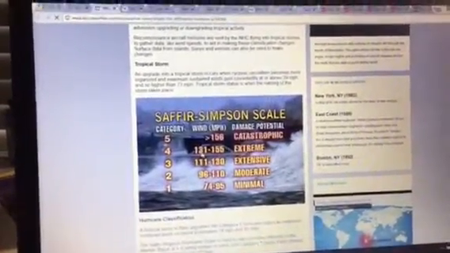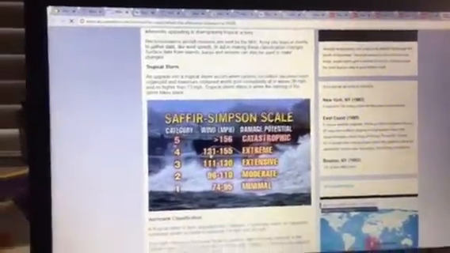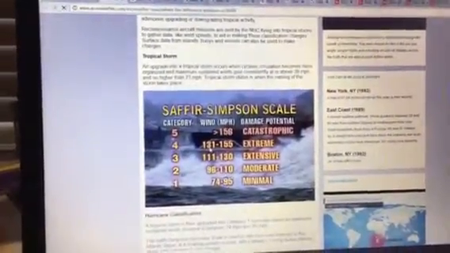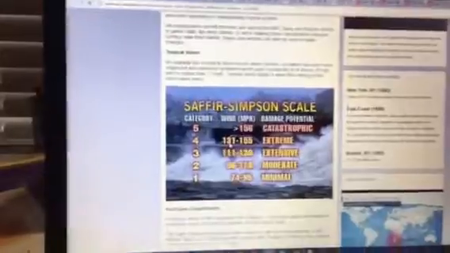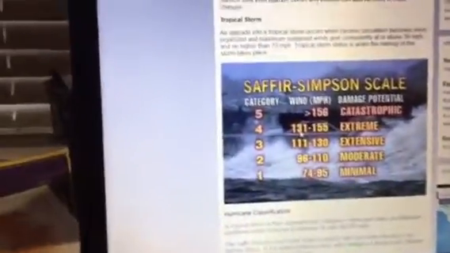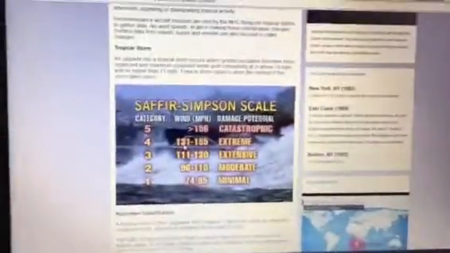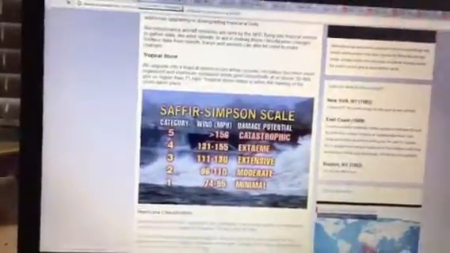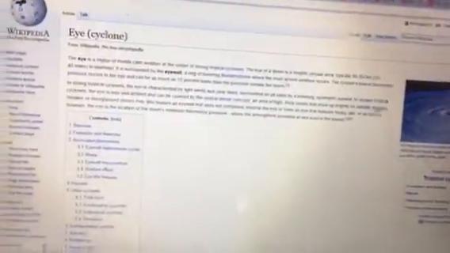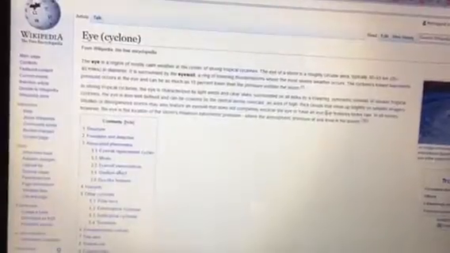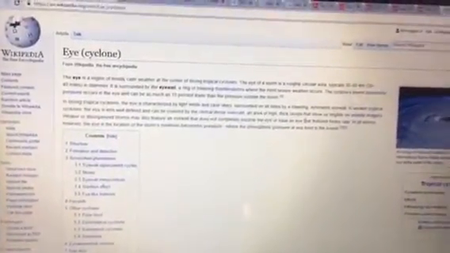And then for each of the different layers, I went through the averages of categories 1 through 4 in terms of miles per hour. I also assumed that the eye of the hurricane was negligible,